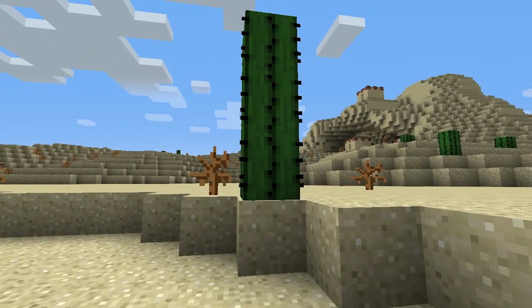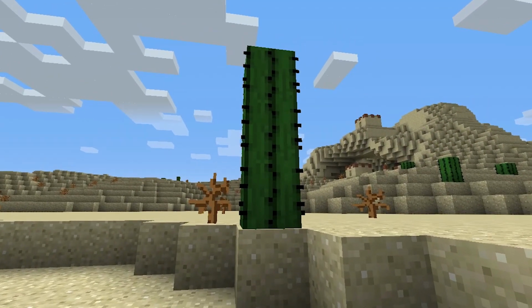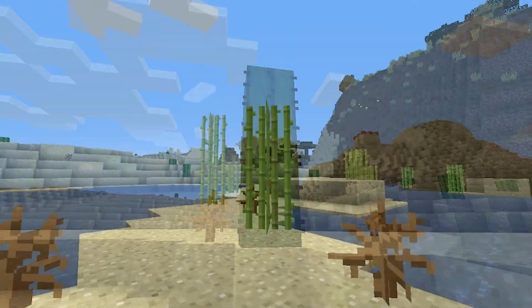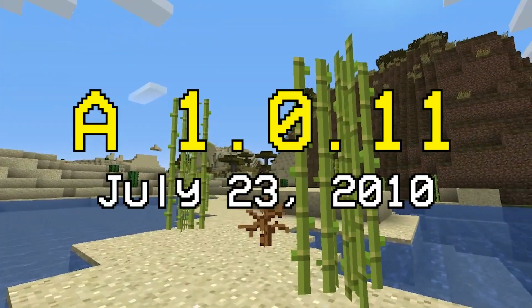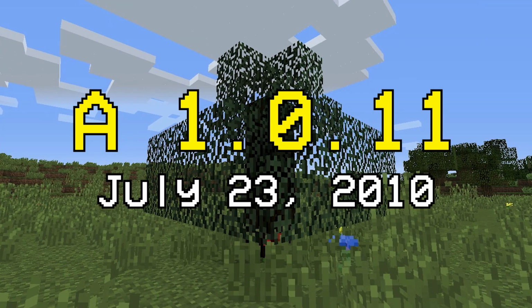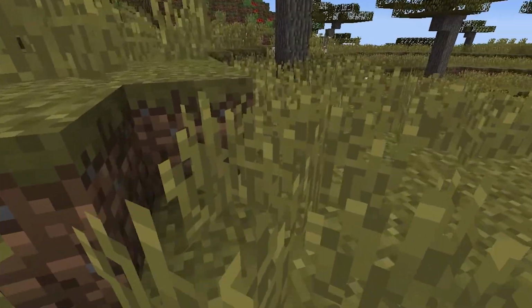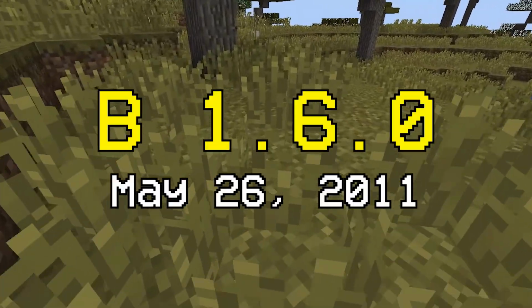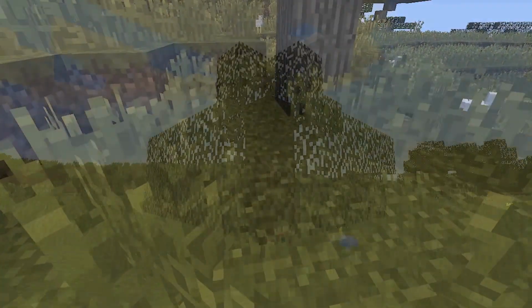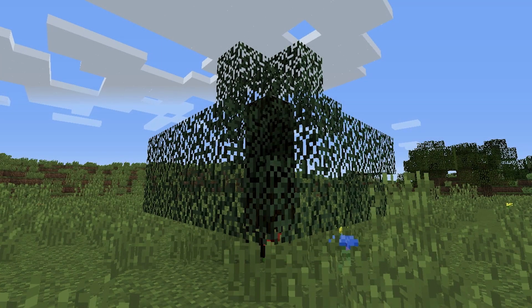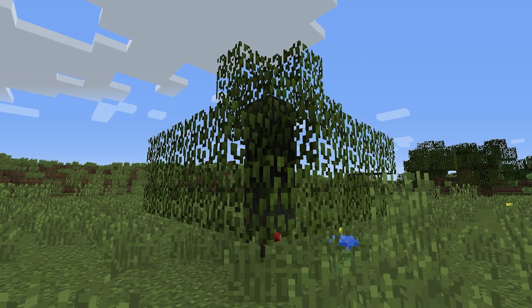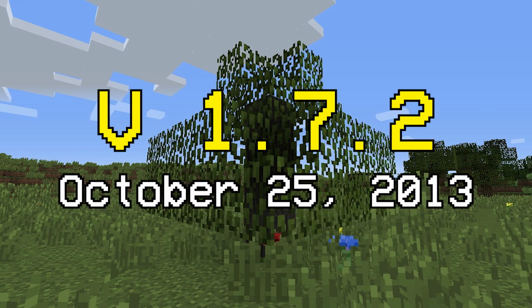On that day, 1.0.6 saw the introduction of cactus, followed by sugarcane on July 23rd, 1.0.11, birch and spruce tree variants on January 13th of 2011, beta 1.2.0, grasses and ferns on May 26, 2011, beta 1.6.0, and finally, modern flower variants along with dark oak and acacia wood on October 25th of 2013, release